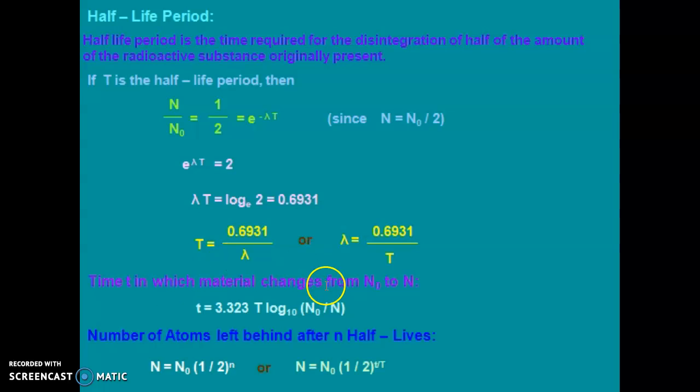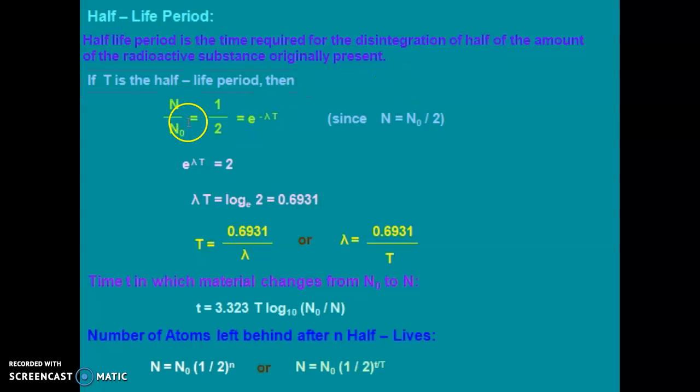Now half-life period. Half-life period is the time required for disintegration of half the amount of the radioactive substance originally present. For example, if 10 atoms are present originally, to disintegrate half means 5 atoms, the time required will be the half-life period. So the time required for the disintegration of half of the amount of radioactive substance originally present, if t is the half-life period, then